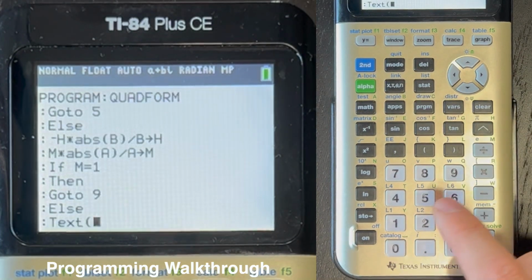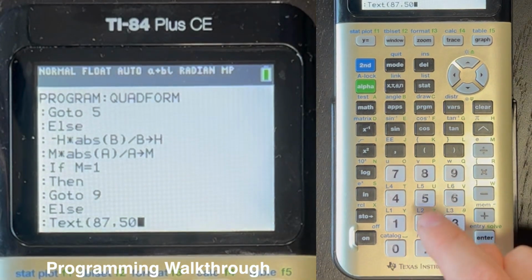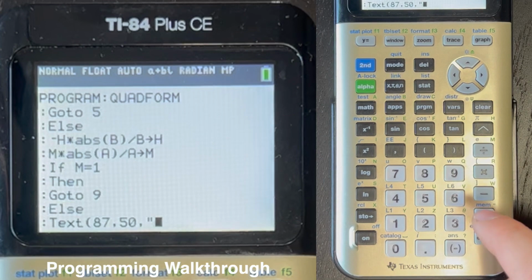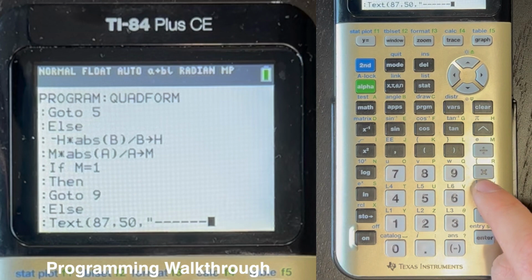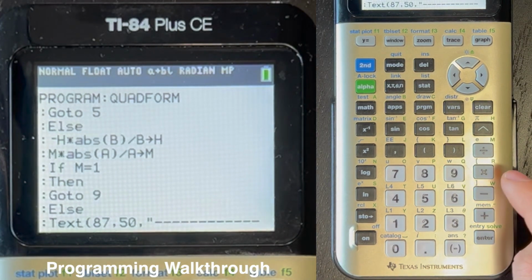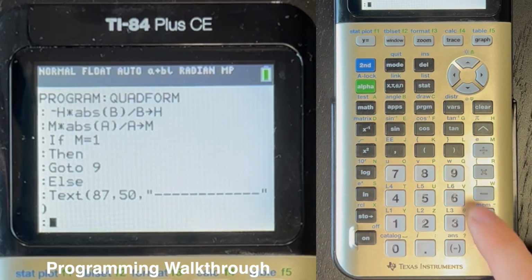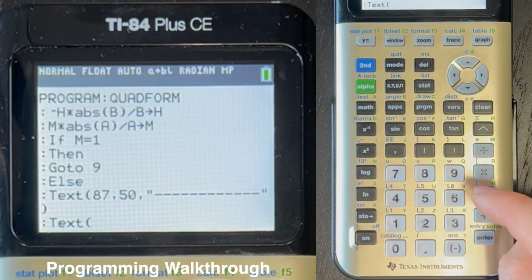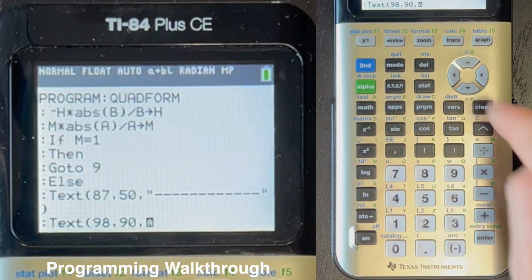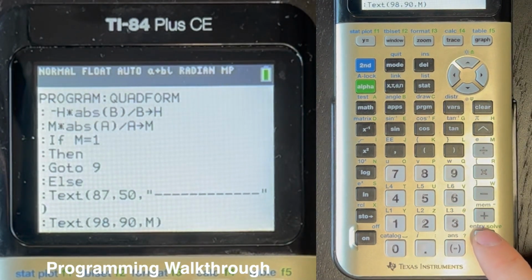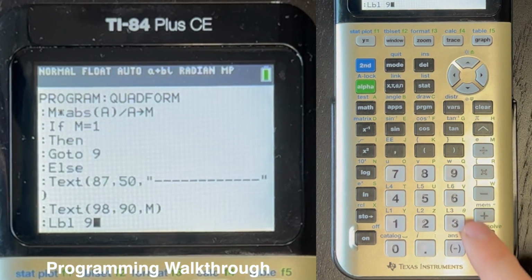Second program 0 for text, and 87, comma 50, comma alpha open quotes, and then we're going to do 12 minus signs, 1, 2, 3, 4, 5, 6, 7, 8, 9, 10, 11, 12, and close quotes, close parentheses, enter second program 0 for text, 98, comma 90, comma alpha M, close parentheses, enter program 9 for label, and then this is label 9,